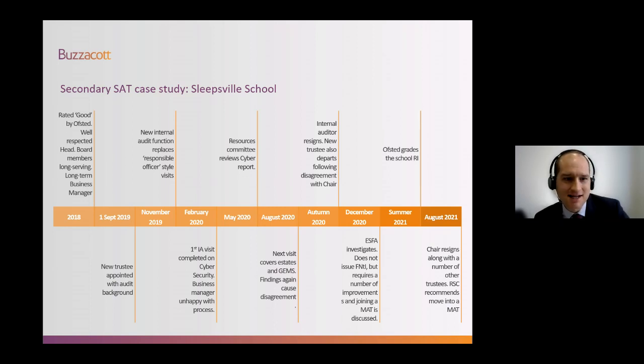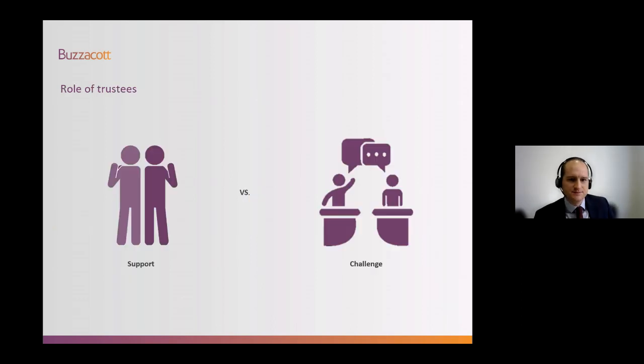So a difficult ending for this secondary school. So let's have a look at what happened there. If we go on to my next slide, one of the key things you'll see from this case study is that there was clearly a culture problem at a governance level in the trust. The chair being overly dominant was obviously